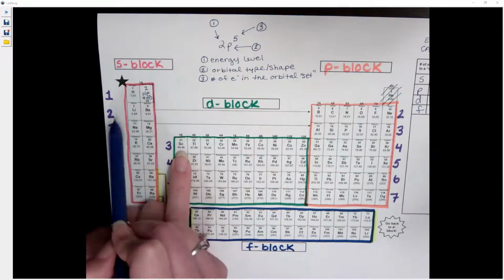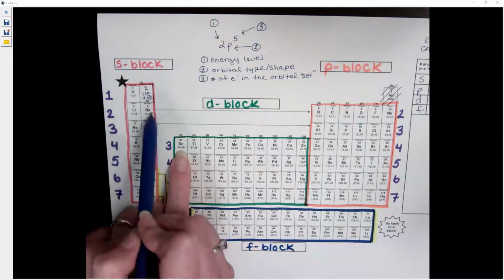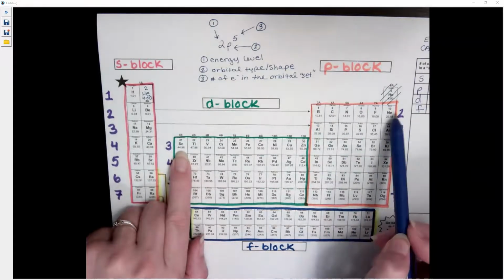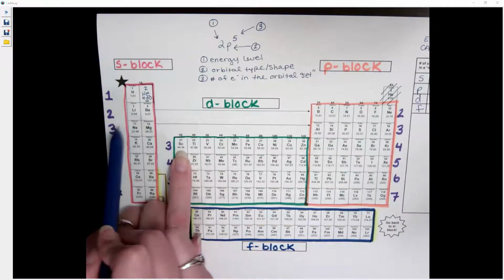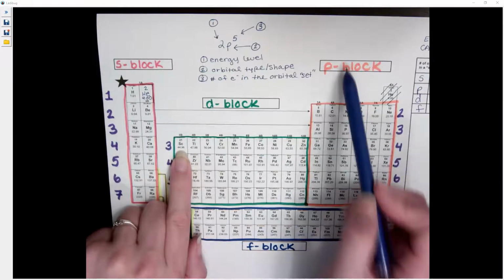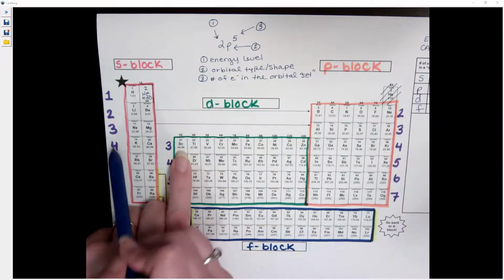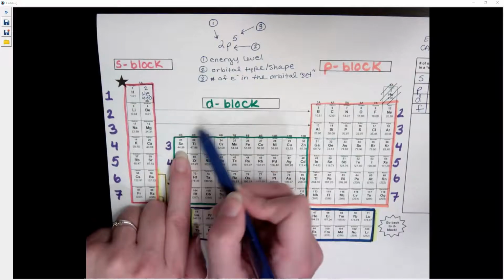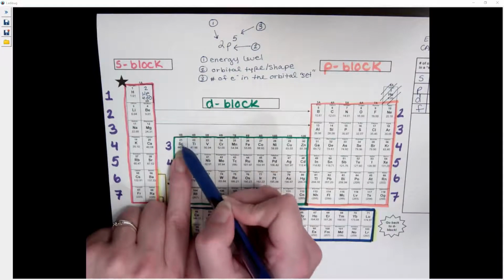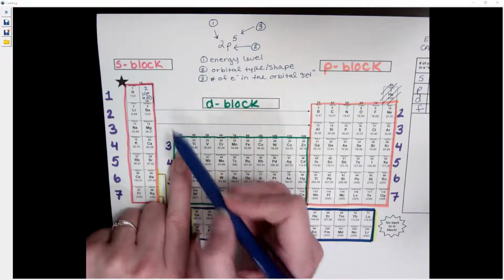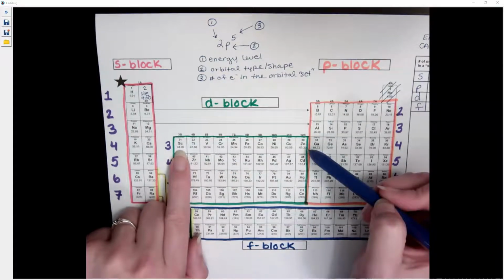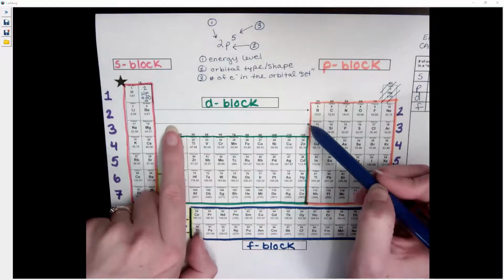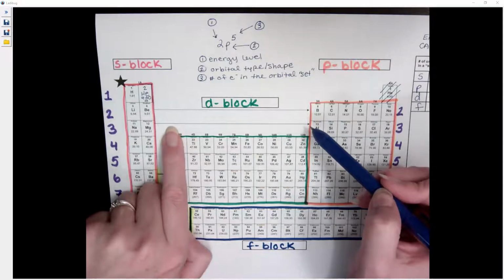1s2, 2s2, 2p6, 3s2, 3p6, 4s2, 3d1. The reason why we don't fill the d orbitals up here when we're doing the rest of third level